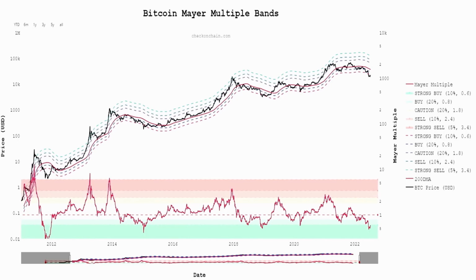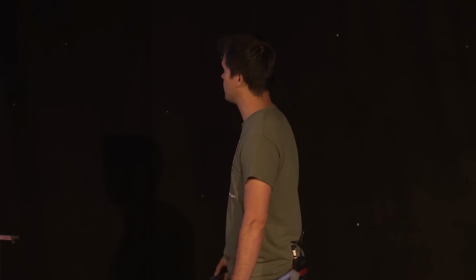And so it's a massive sell signal. Well, guess what? We are massively deviated to the downside in terms of the Mayer multiple bands. And we are in the strong buy signal. We don't get this often, folks. Pretty much every 3 years or so, we'll have some sort of buy signal like this. And it tends to be cycle lows that we get this Mayer multiple signal. And I mean, hell, that's one hell of a buy signal there, if you ask me.